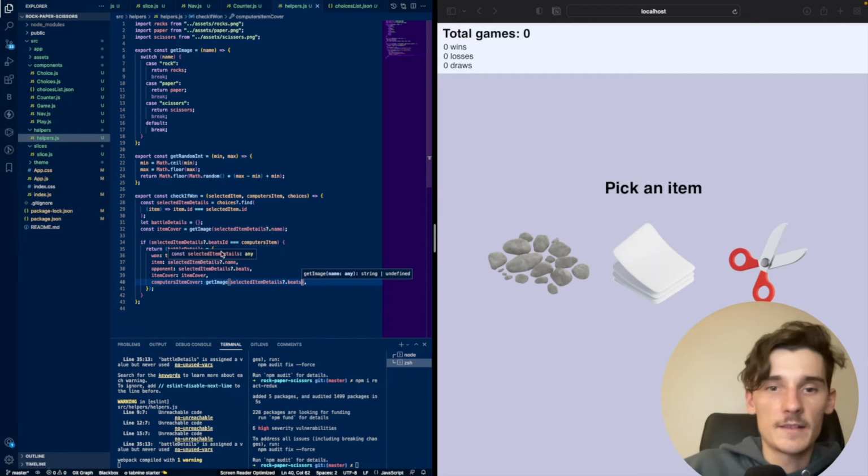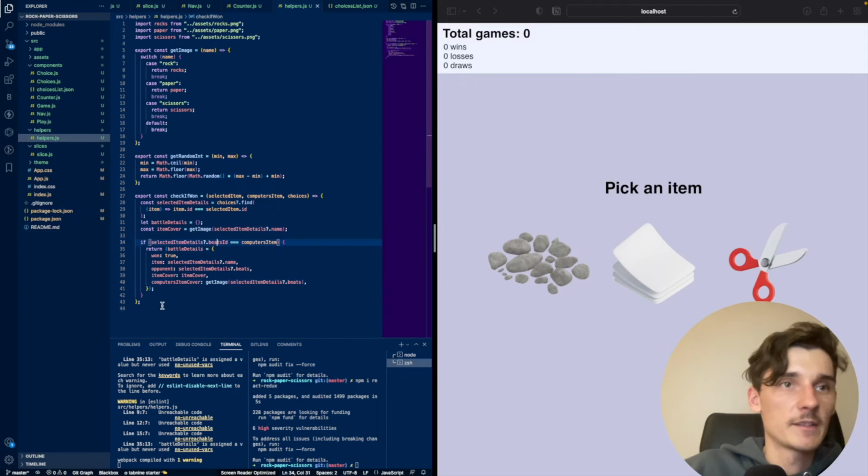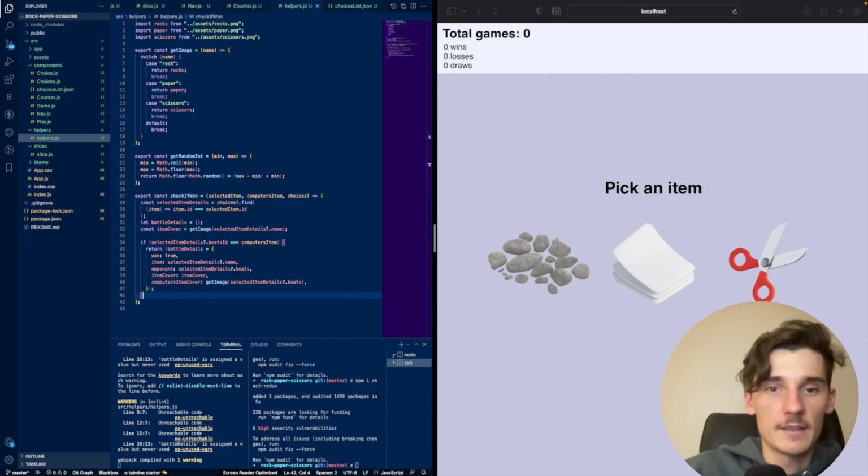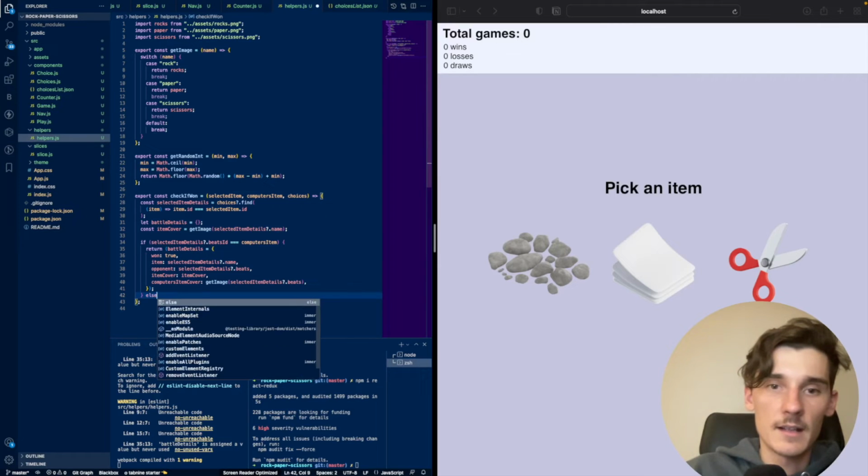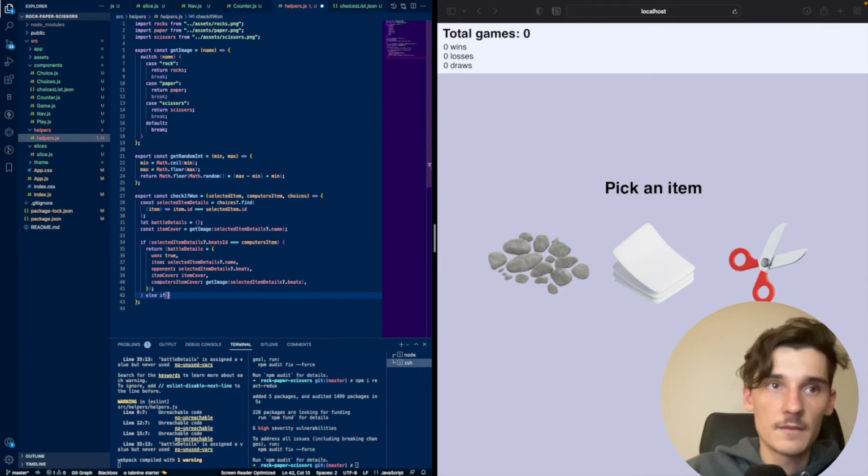This is the first statement, for when we just won the battle, and I have to create another else if for the losing part and for the draw. It's made analogically, like else if,